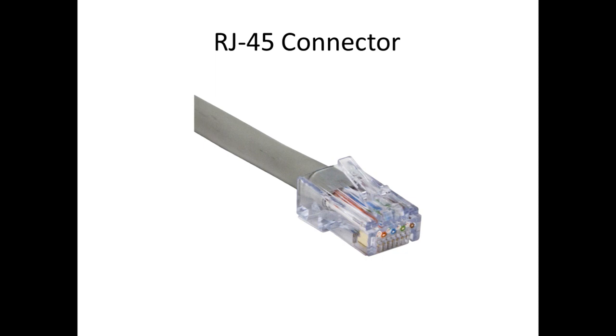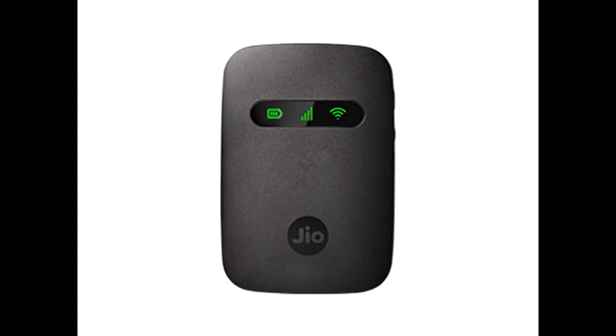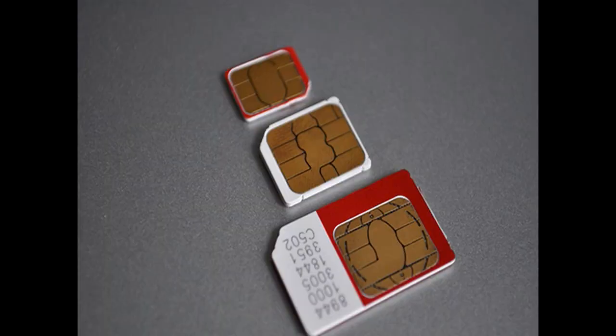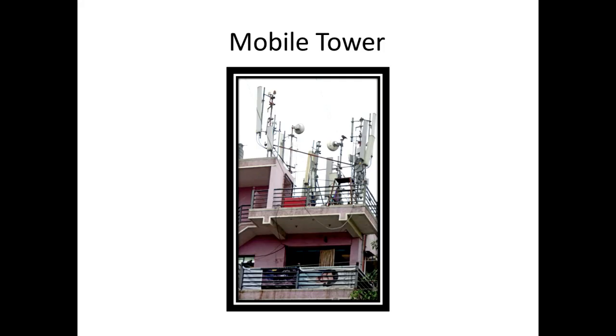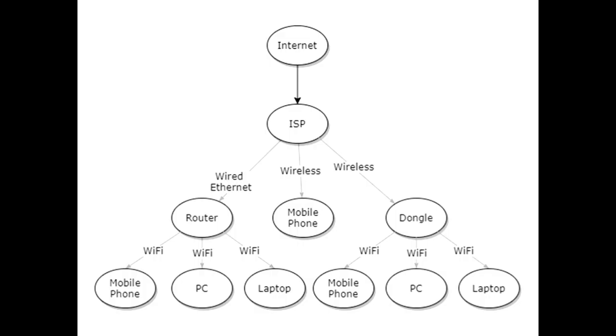The cable is called an Ethernet cable. If your dongle is battery operated or is only connected by a power wire, then the dongle has a SIM card within it that is drawing the data via electromagnetic waves from one of these mobile towers, just like your mobile phone when the mobile data is switched on. This is the summary of the wireless connections you have. The ISP connects you to the internet and then you connect to the ISP via the router or directly through your SIM card or via a Wi-Fi dongle.